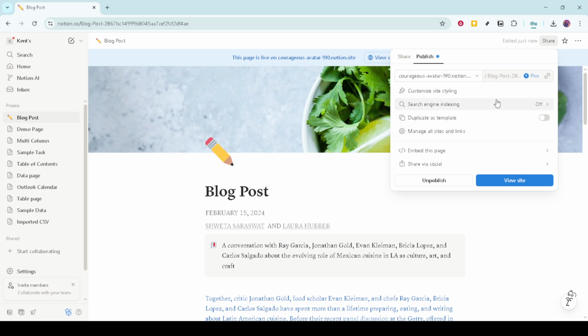You can paste this link into an email, a chat, or wherever you prefer, making your content accessible to your chosen audience. There you have it, an easy and efficient way to share your Notion pages with others, making collaboration